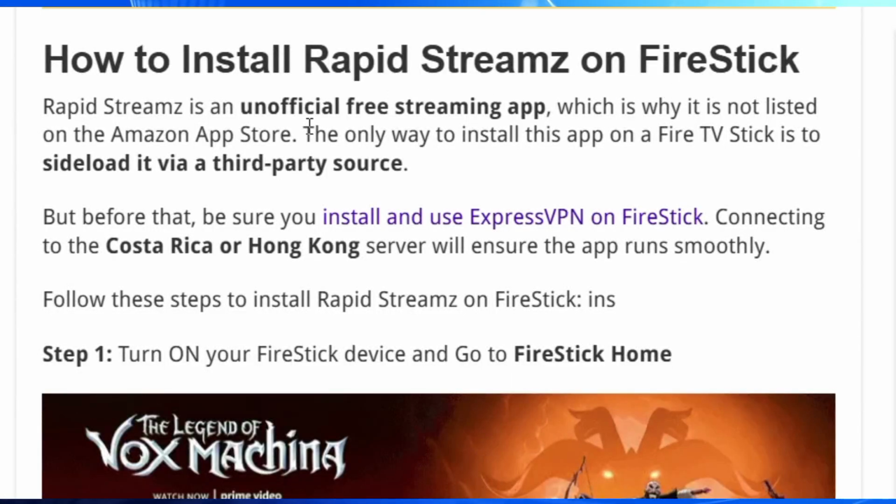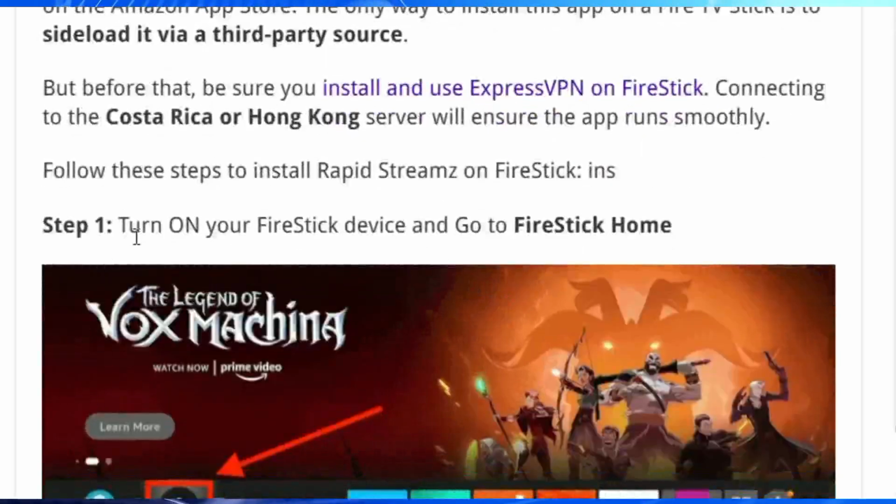How to install Rapid Streams on your Firestick. To install it, what you have to do is simply open your Firestick on the home page, and then you have to click on the third party application and download it. That is Downloader. Firstly, click on the search part of your Firestick home and download the Downloader option from there,